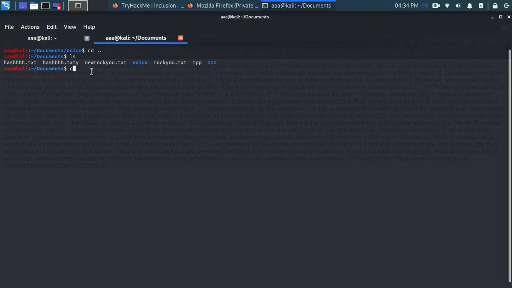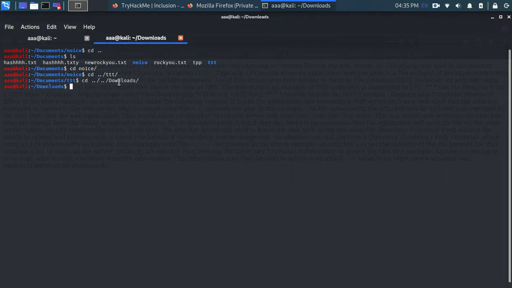If I am in noise currently, I can go to ttt by using the command ../ttt, and now I am in ttt. To go back, I use ../.. : one goes back from ttt, the next exits out of documents, and now I can go to downloads.